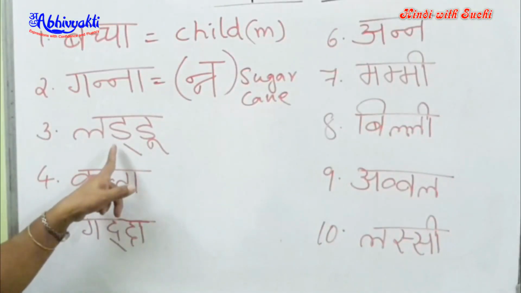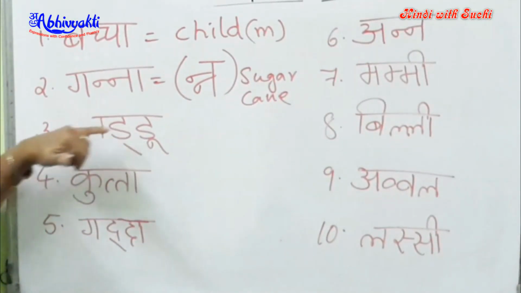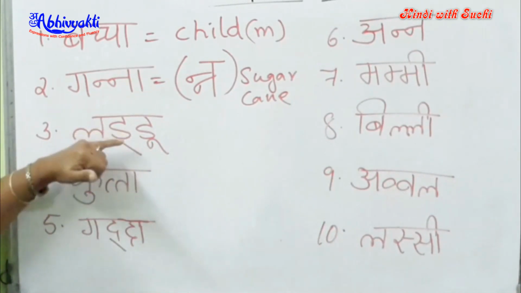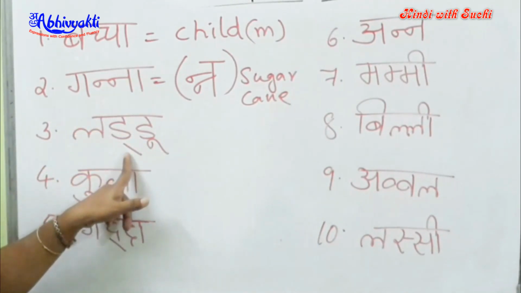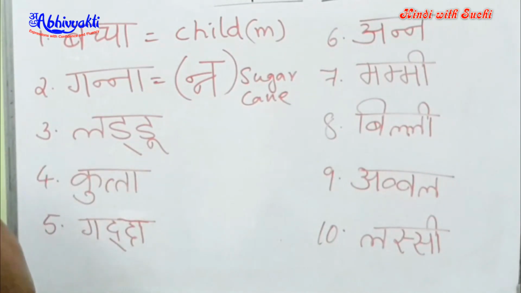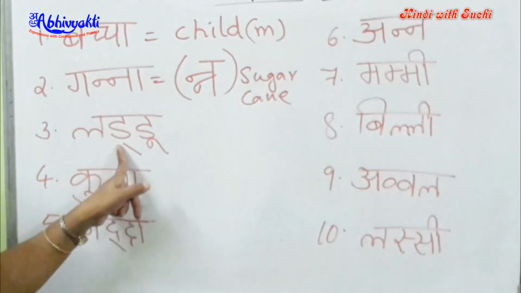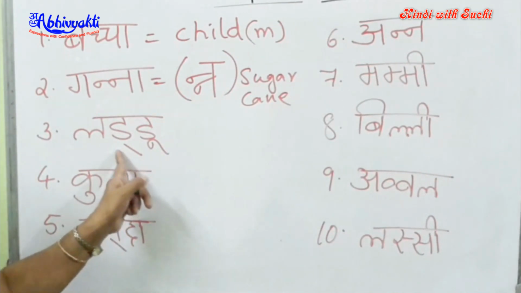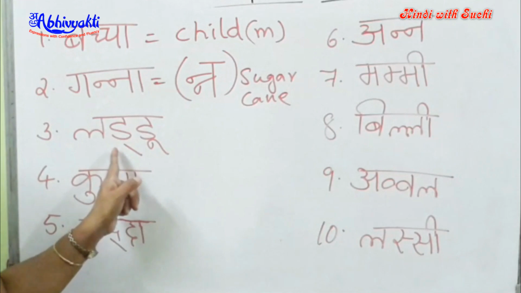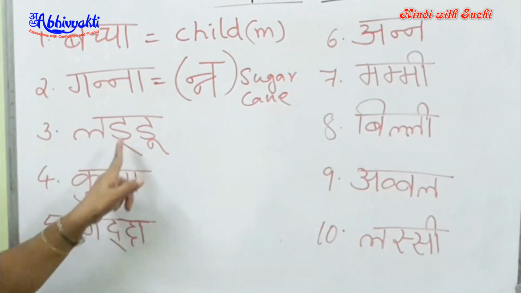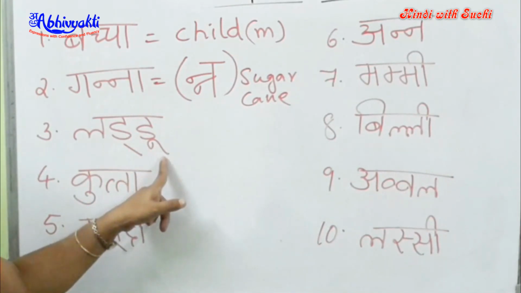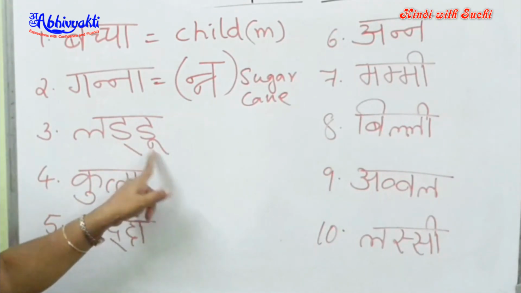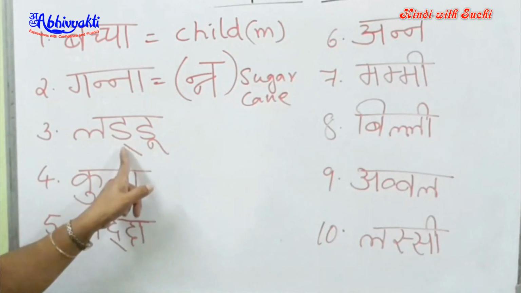Now I have laddu. So what did I do? Because some letters are hard to cut into half and you just can't cut them and write them. So what do you do for retroflex letters? You just write them with the line here, this halant line. This halant line indicates that it is a pure consonant with no vowel sound, which means you have to join it to the next one to say them. So here I have la, and this d depends on the next one because of this line. So do.